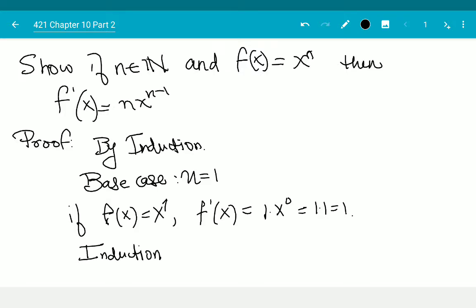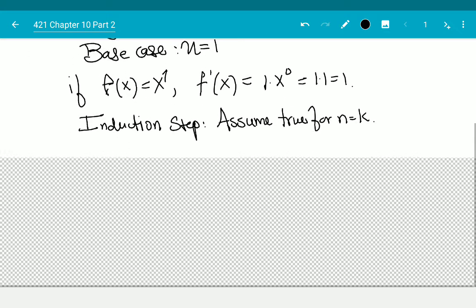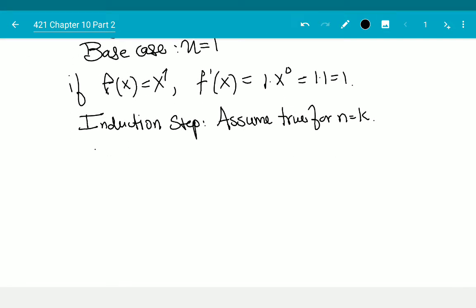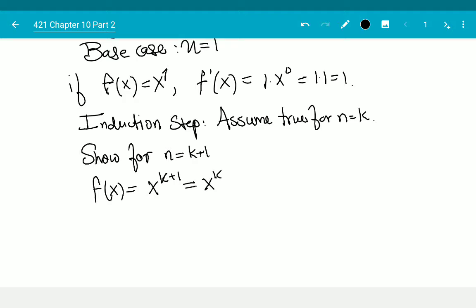Induction step. Assume true for n is equal to k. We want to show for n is equal to k plus 1. Well, f of x is equal to x to the k plus 1, which is equal to x to the k times x, right? And so f prime of x